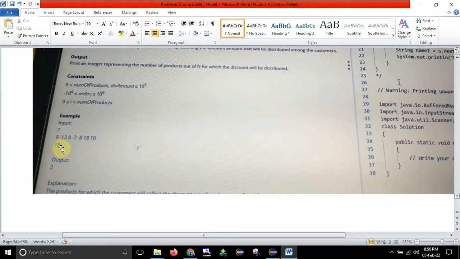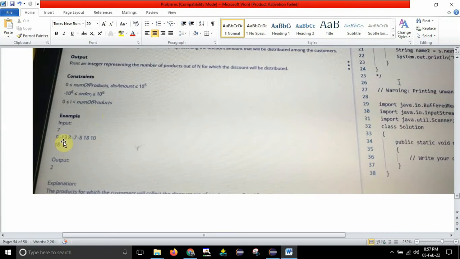If the discount amount is completely divisible by the number of products, that means take each positive number and try to divide 18 by it. I mean, take 18 and try to divide it by 9. If it is completely divisible, then I say that it is available and the discount is applied. For example, 18 by 9: 9 ones are 9, 9 twos are 18, it will go to 0. So 9 is a valid one.